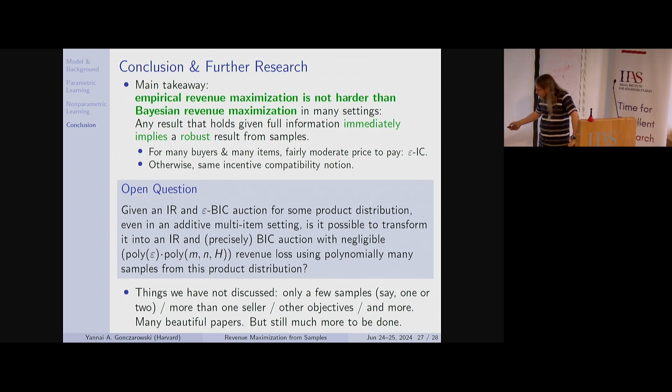Hypothetically speaking about other objectives, again not speaking about any specific paper, I could certainly imagine the question. Especially now, you're Uber, you're matching drivers and riders. What does maximizing revenue mean? You live off the difference between what the buyers pay and what you pay the drivers. You want to design a market based on sample information about willingness to pay and willingness to receive. You can certainly ask that question.